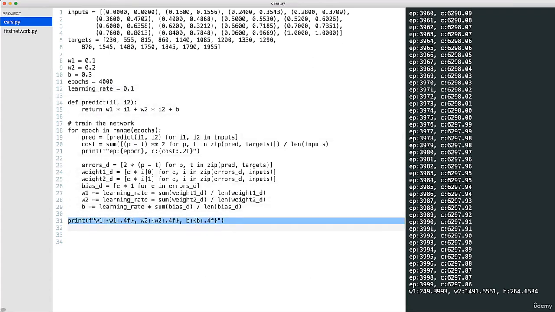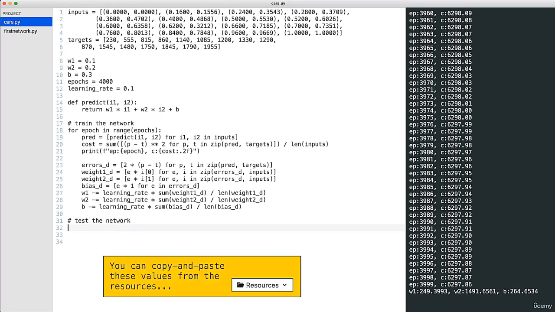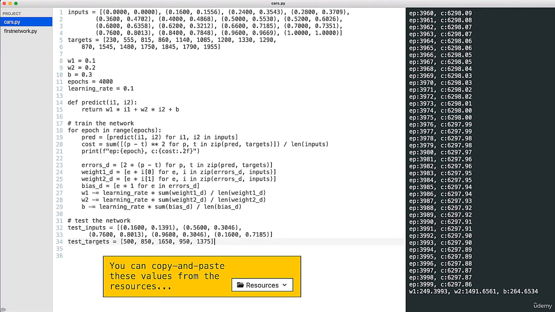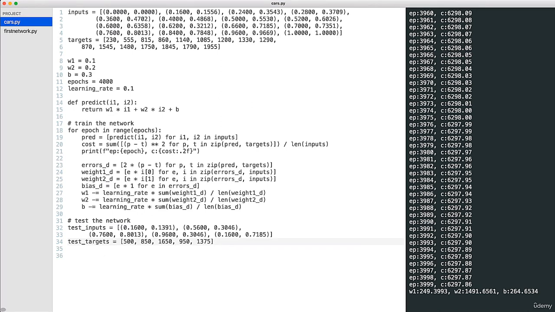I don't want to print the weights and bias anymore, so I'll remove this line. I'll paste the test data and use the data to make test predictions.